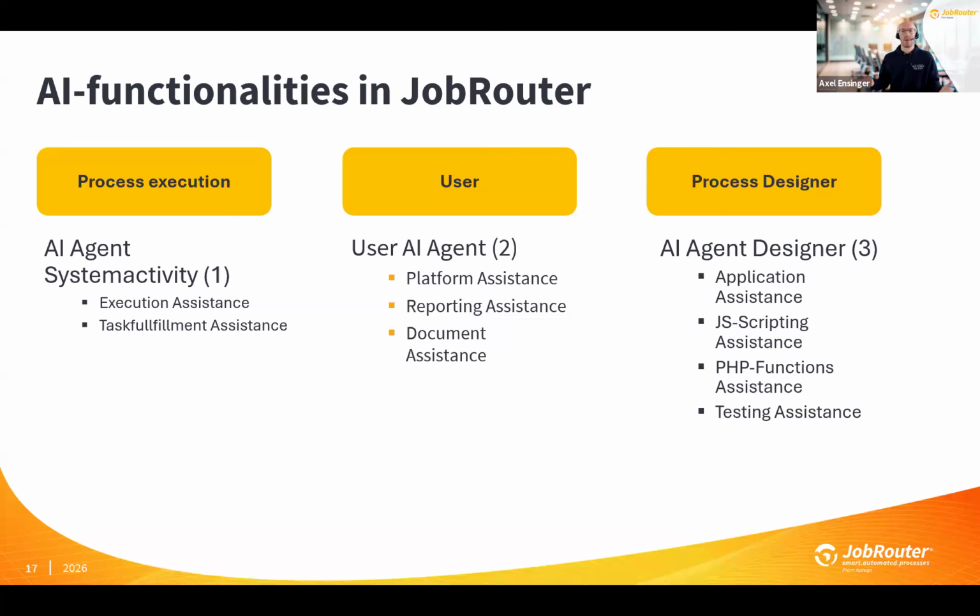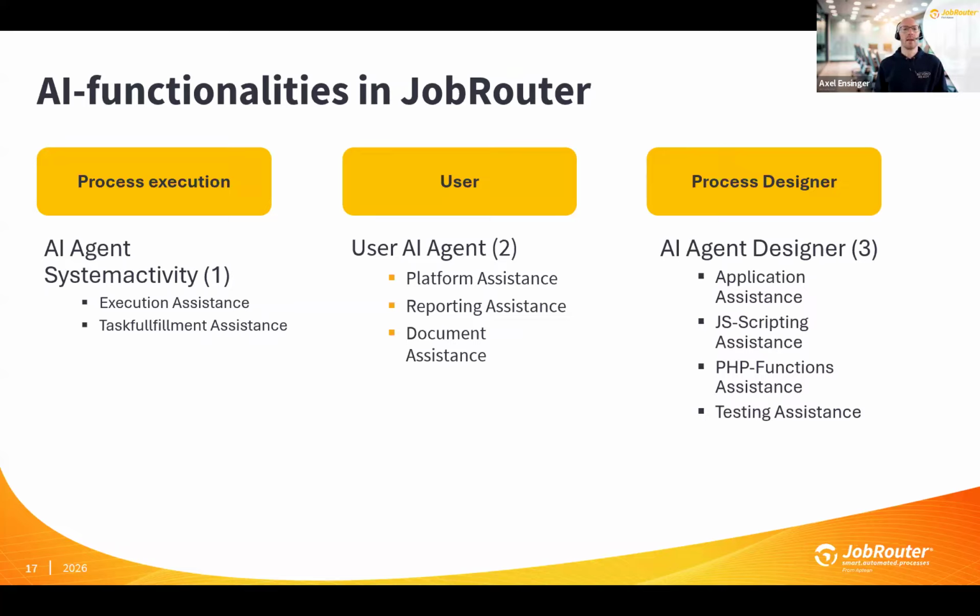So with things that maybe today you would write even code in PHP or SQL to develop something, these are all things that agents can now take over. So it saves you time by building the process and it saves you time by executing it. And the agents can for sure make some decisions and prepare data for you wherever you would like to integrate it. The second part is the user integration, because the first part is only the backend and it just does everything automatically. The user agent will be a chatbot that will be available for all the users to interact with the JobRouter system and to access processes, data, and documents in our platform.